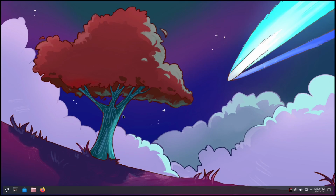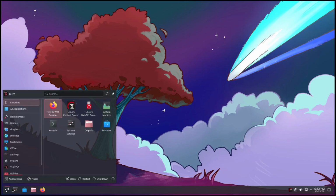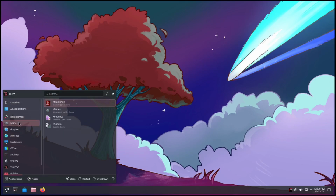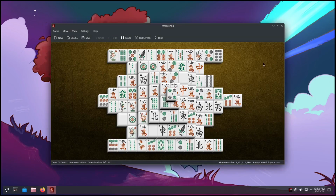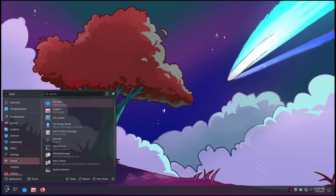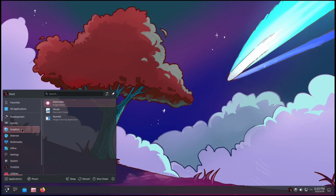So I guess kind of last but not least, let's look at the default applications that are installed. Under development, we have Kate. Under games, Mahjong, K-Mines, K-Patience, Sudoku. To me, it's interesting that Lutris isn't here. So let's see if it's here. Nope, get Lutris. So you can install it easy enough. But the way I was reading the DistroWatch entry made it sound like Lutris was installed by default. It is not. So graphics, Gwenview, Okular, Skanlite, Internet, Firefox, KDE Connect, KTorrent, Thunderbird,